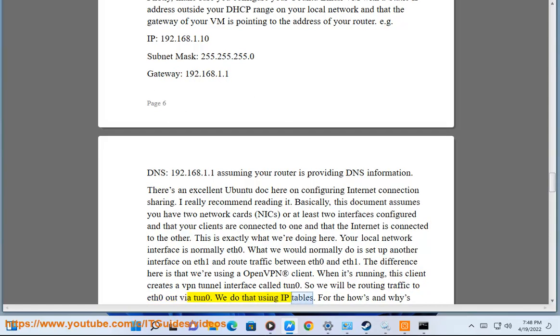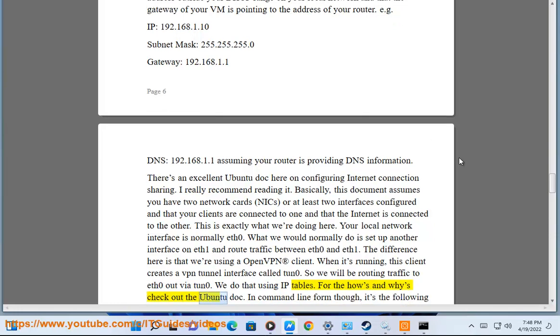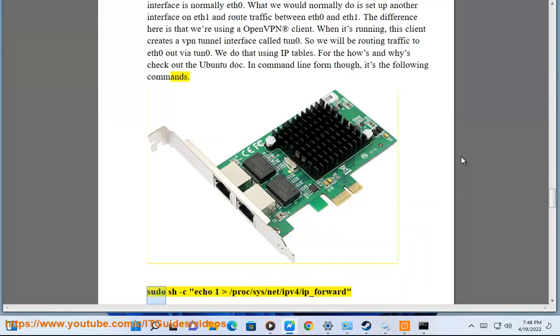We do that using iptables. For the hows and whys, check out the Ubuntu doc. In command line form though, it's the following commands. sudo sh -c